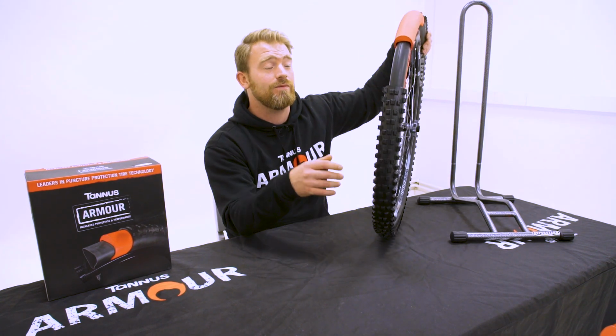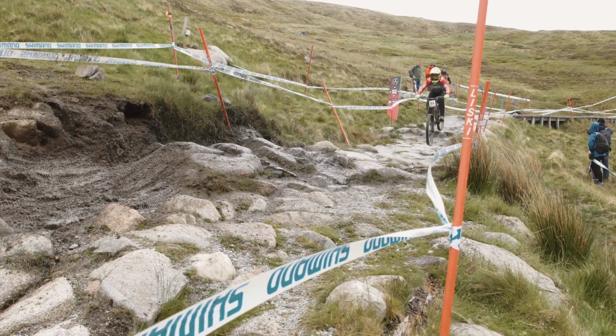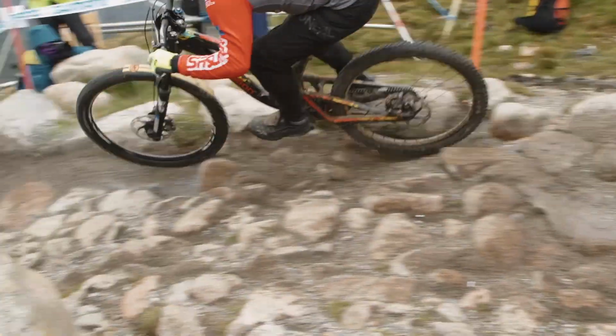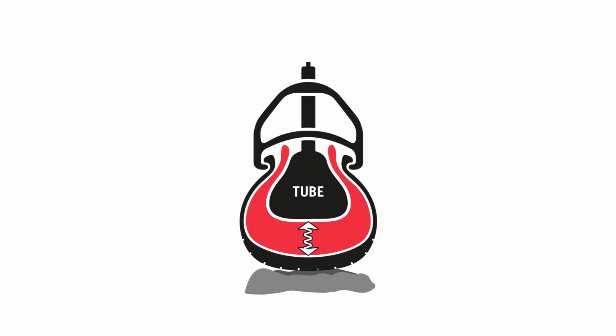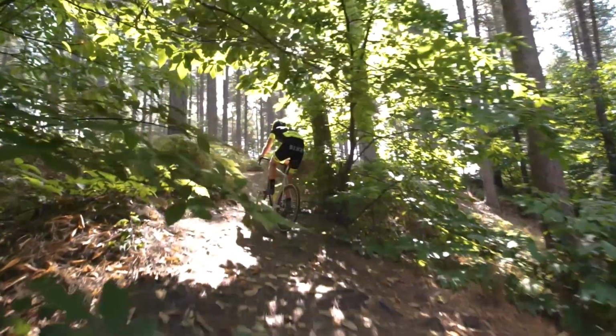Finally, what we find with quite a few riders that do review this product or have tried it for the first time is the dampening of the tyre. So the foam itself has got 15 millimetres of foam just there, right at the peak of your tyre. Low speed bumps and roots and rocks and things like that, especially in climbing, the tyre's compressing and the dampening